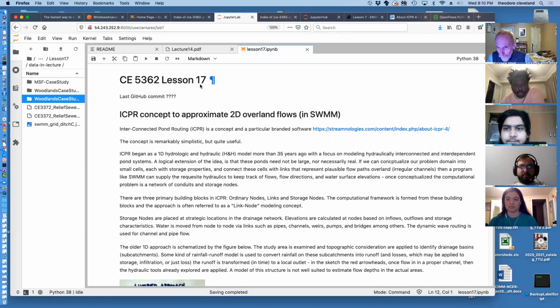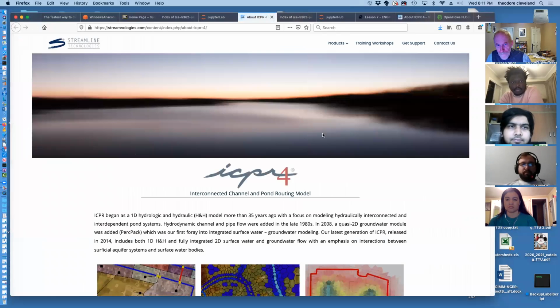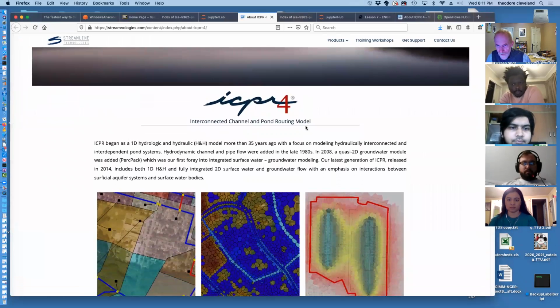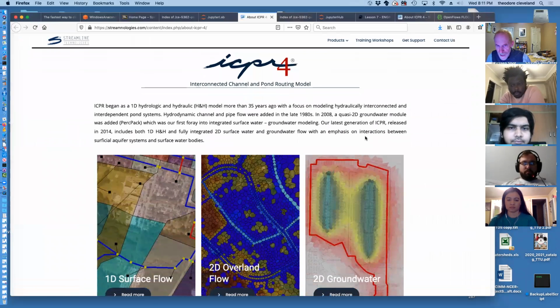So what we are segueing into now is what I've entitled the ICPR concept to approximate two-dimensional overland flows, and we're using SWMM. So ICPR is an acronym for Interconnected Pond Routing, and it's both a concept and it's also a particular branded software, and we'll go visit the brand. So the company is called Streamline Technologies. It used to be called something else, but software companies change their name every time it looks like a lawsuit's